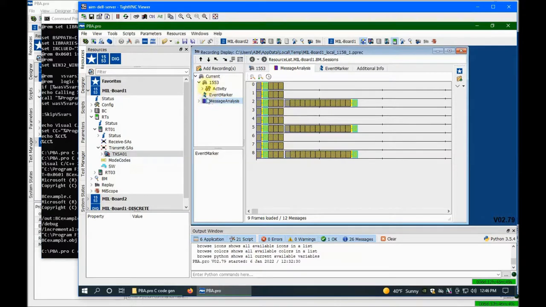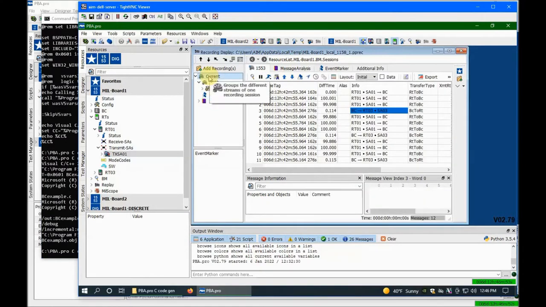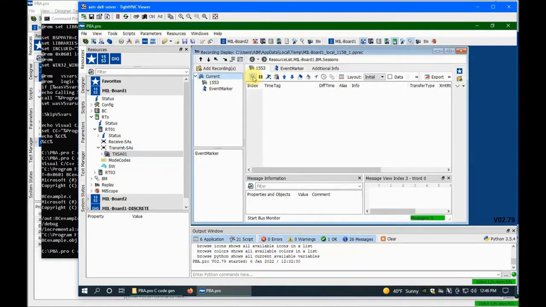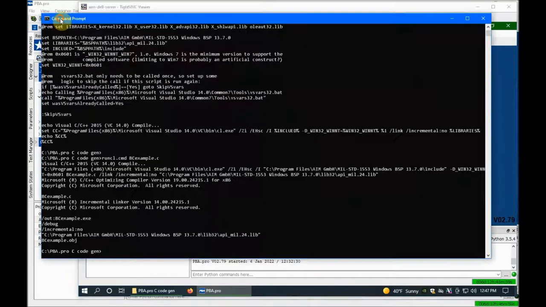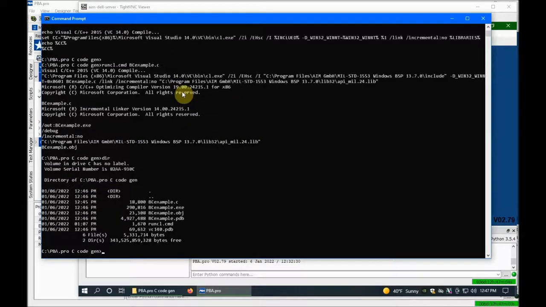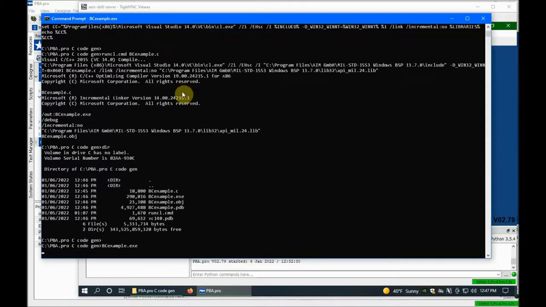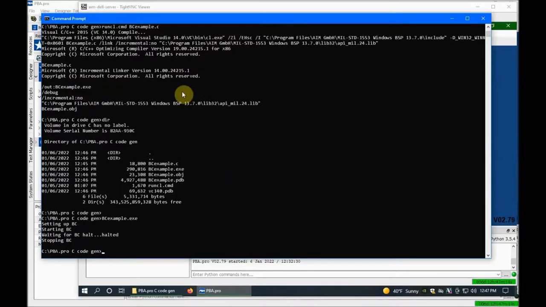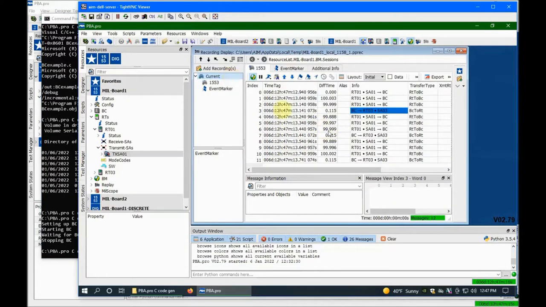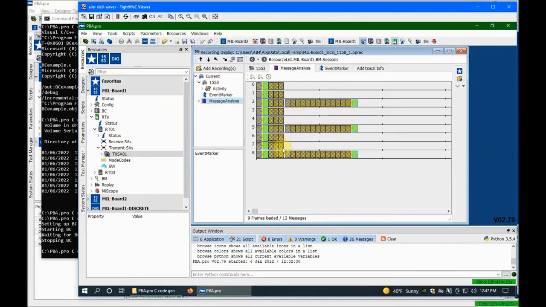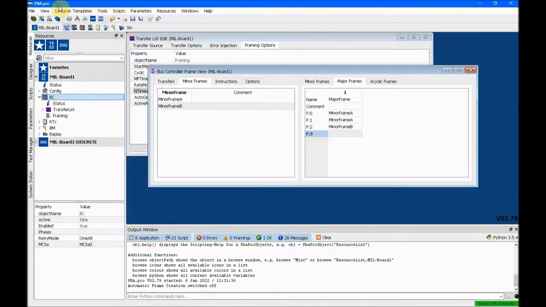We'll set up the helper computer to run the bus monitor again, and the remote terminals are still running. Now we run the BC example program and it will make the bus controller and the AIM-1553 hardware emit commands exactly as PBA.pro did earlier. It only took a second. Let's check the bus monitor over there on the helper computer. There it is. The message analysis graph shows exactly the same behavior from the C program as we saw when